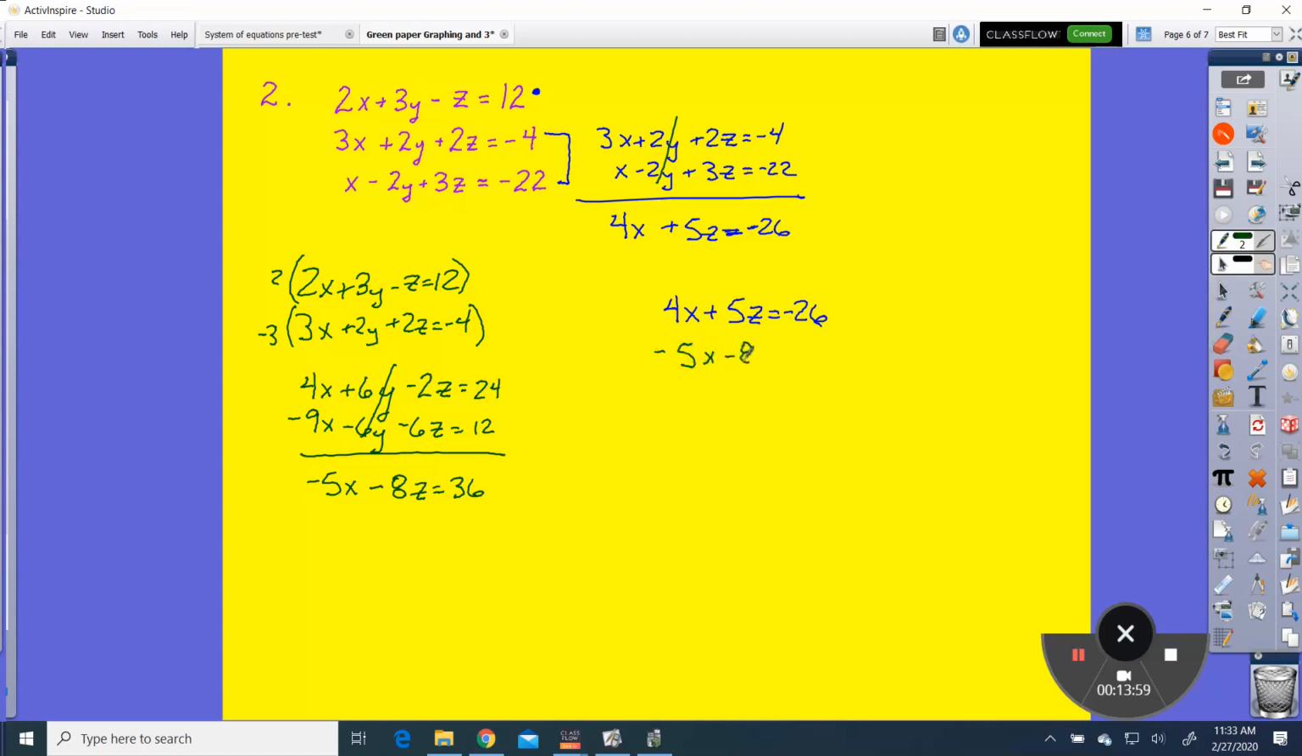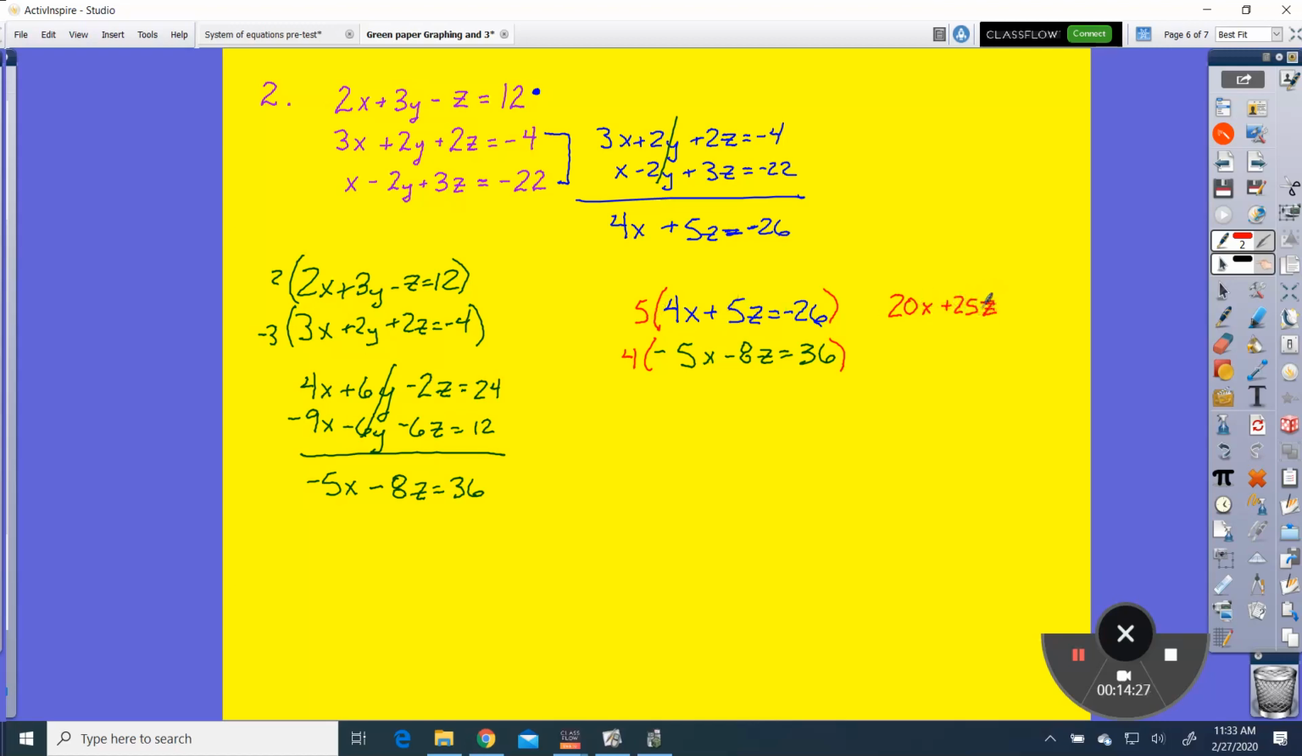So I have to decide, do I want to get rid of my z's or do I want to get rid of my x's? The smallest number both z's go into is 40. The smallest number both the x's go into is 20. So I'm going to get rid of my x's. So I'm going to multiply this one all by 5 and this one all by 4. So 5 times 4 is 20. 5 times 5 is 25